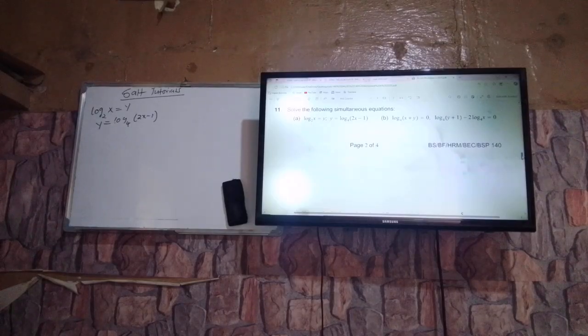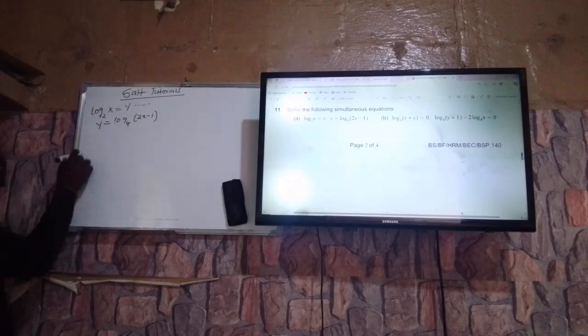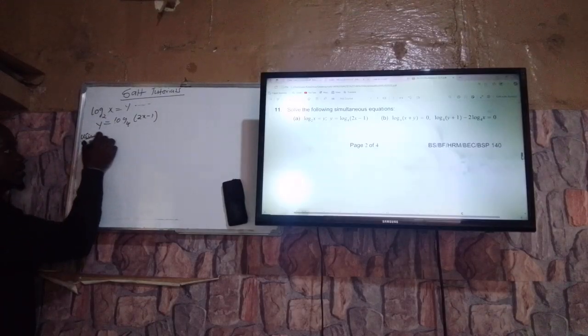Now, the easiest way in this case is the substitution method. Make x or y the subject in the first equation and substitute it in the second equation. This method works best by analyzing which of the two is easier to make the subject. Looking at the first one, this is our first equation, so we are going to use equation 1,